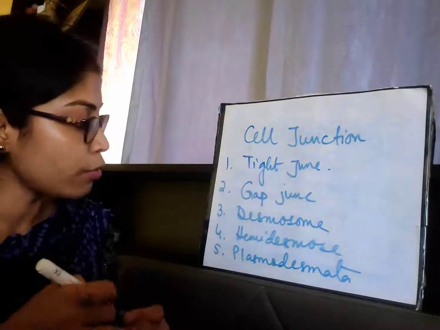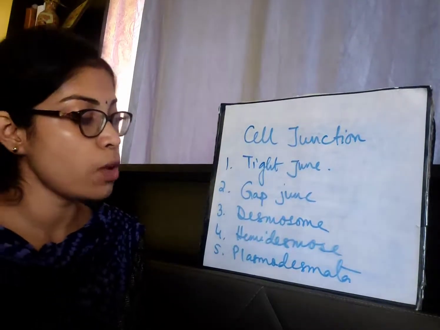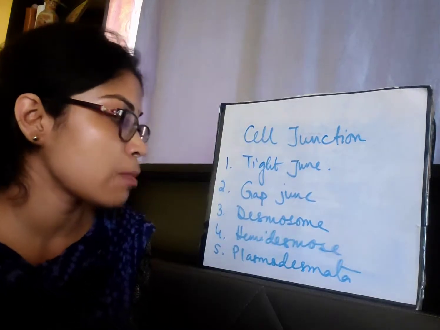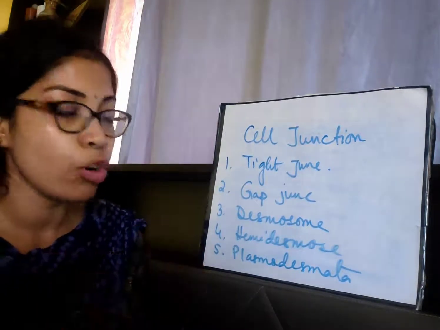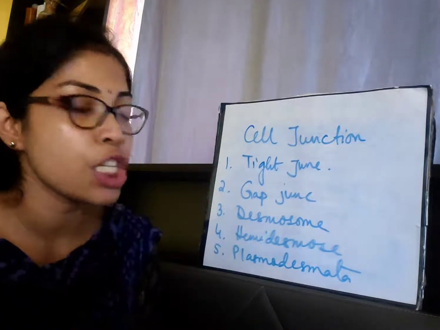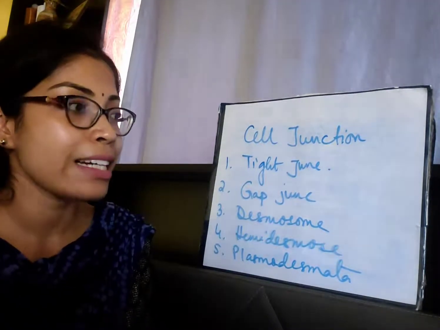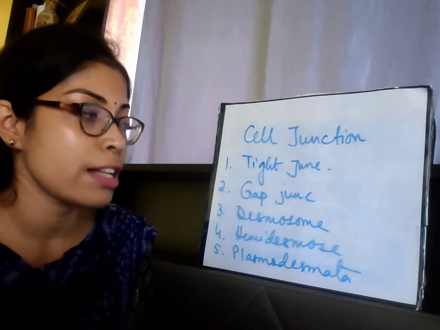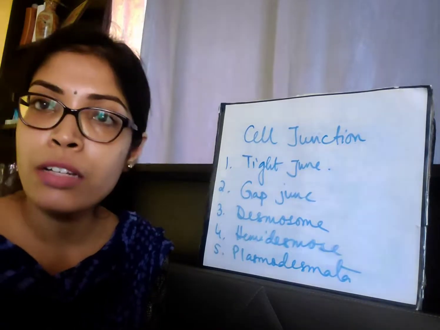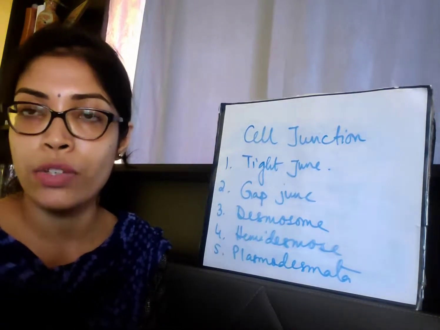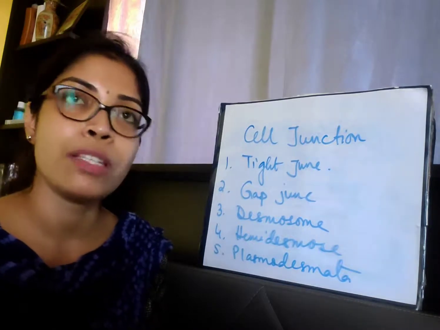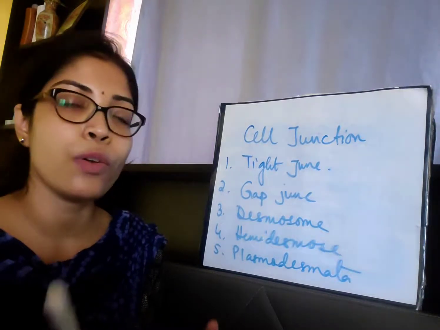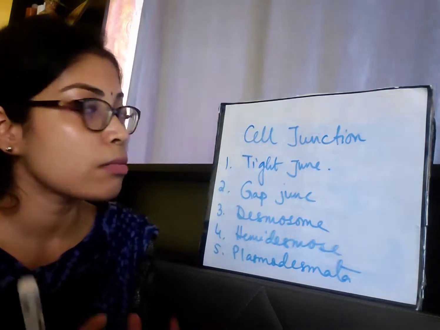So I hope out of all these 5 types of cell junction, you are only familiar with plasmodesmata, because you have learned about plasmodesmata in class 9. But more or less their function is same. They act as junctional bridges between two adjacent cells, so that transfer of substances between two adjacent cells, those substances may be secretory substances, other excretory substances, anything that needs to be transferred from one cell to the other cell, could be done